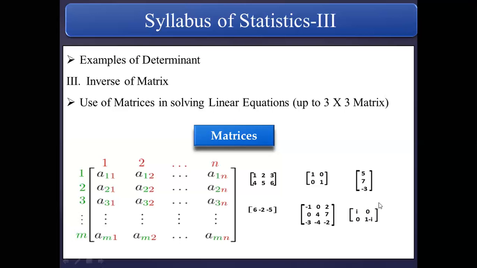And finally, again, we have 4 elements in which we have 2 rows and 2 columns. So this order is again 2 by 2. So this is the way to identify the order of any matrix.